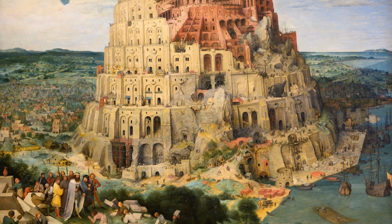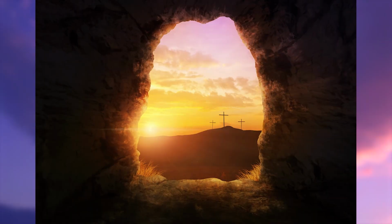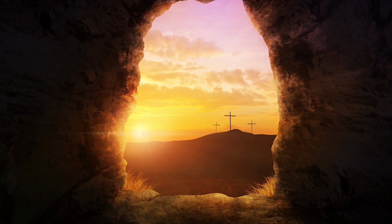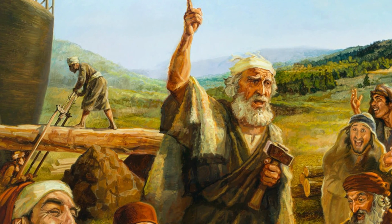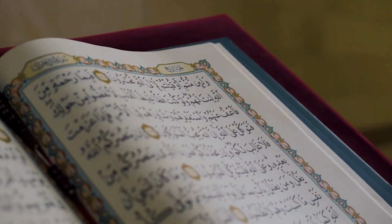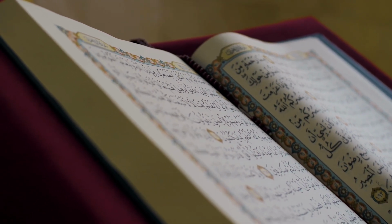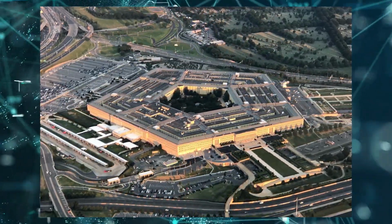In the Bible, the number of languages spoken at the Tower of Babel was 72. After his crucifixion, Jesus spent 72 hours in the tomb before resurrection. Starting with Noah, 72 generations are listed in Genesis 10. In the Jewish Kabbalah, there are 72 names for God. In the Quran, it's said that 72 virgins are rewarded to faithful Muslims in paradise. There's many more examples I could list, but I'll just add that the pentagon has 5 angles, measuring 72 degrees